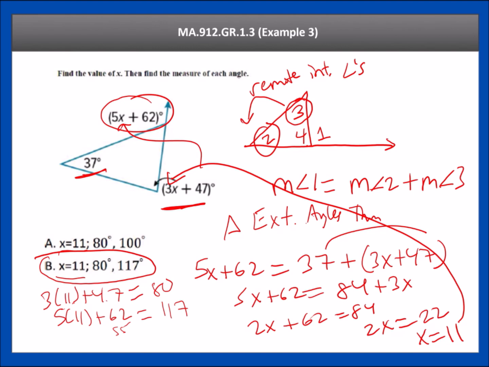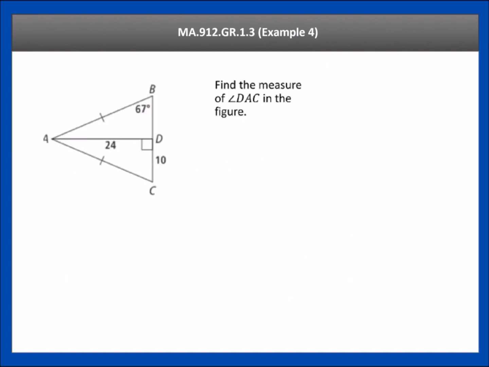All right, so let's take a look at the last example in that topic. Find the measure of angle DAC. So we're looking for this angle right here. We do not know what that angle is equal to. So DAC, the measure of that. But we know